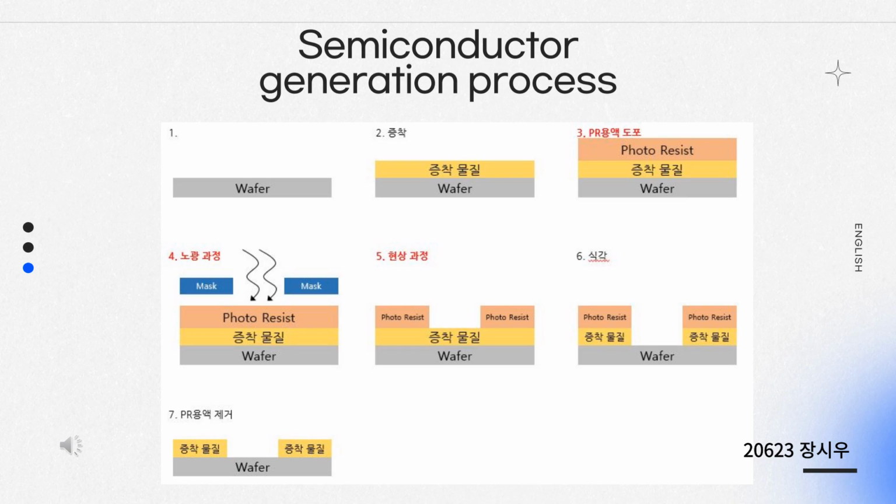Remove the unnecessary part, mix impurities to give electronic conductivity. Lastly, it ends with layering wires to deliver